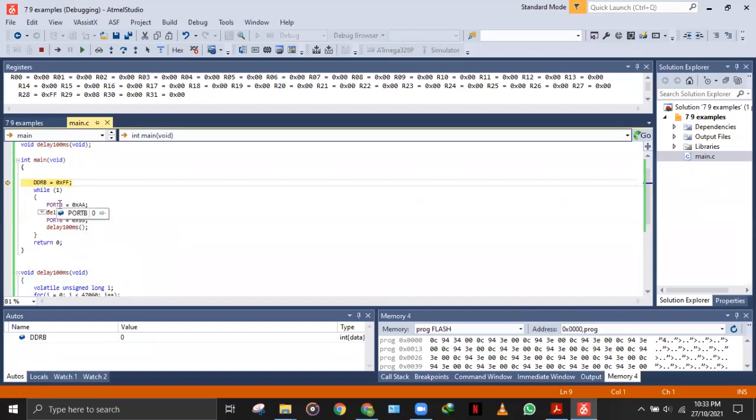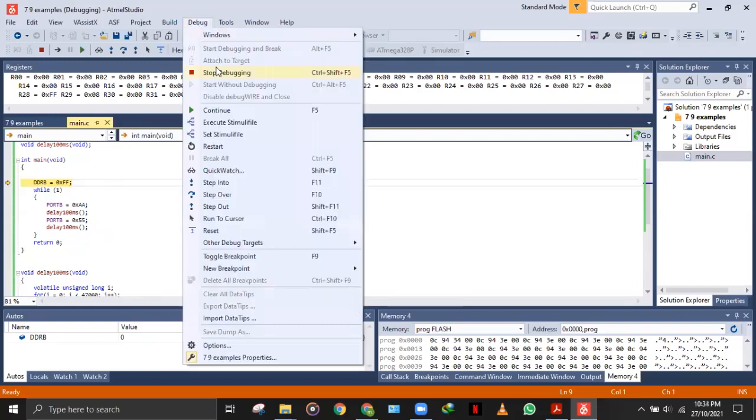सो ये हमारी जो लूप है, जैसे जैसे हम कॉल करवाएंगे इसको ऊपर, तो ये हमारी उतनी दफ़ा चलेगी। और आप देखें पोर्ट बी के ऊपर हमने 0xAA वैल्यू इनिशियलाइज करवाई, फिर हमने डिले का फंक्शन कॉल करवाया, जिसको हमने डिक्लेयर ऊपर किया था, वो सारा उसका जो फंक्शन बनाया है हमने वो नीचे। और उसके बाद फिर से पोर्ट बी के ऊपर 0x55 वैल्यू भेज रहे हैं और उसके बाद दोबारा से डिले कॉल करवा रहे हैं। सो इसको रन कर लेते हैं एक दफ़ा।